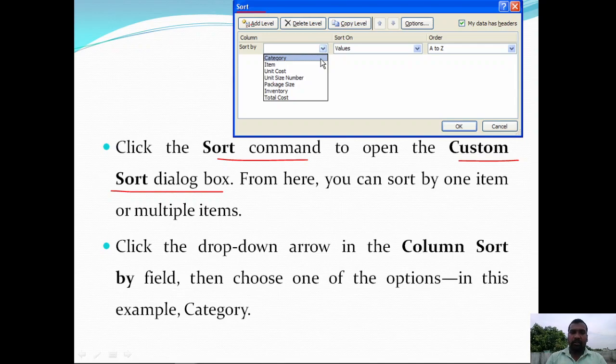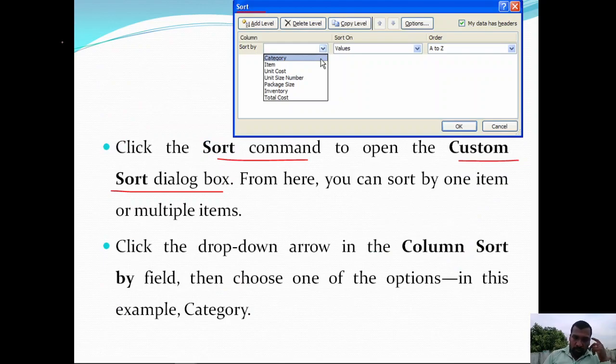Here we are performing the sorting operation on more than one column by choosing multiple items.